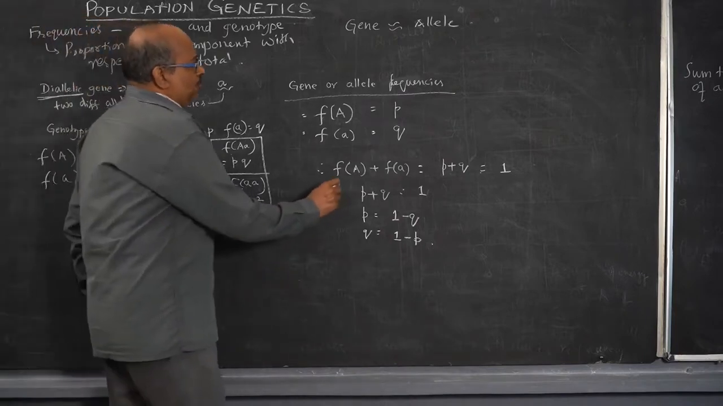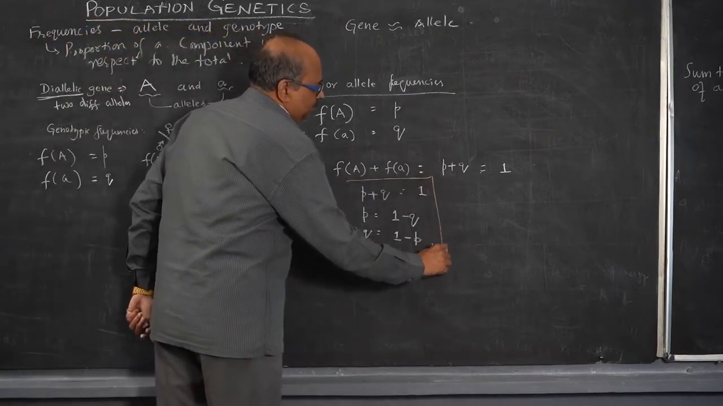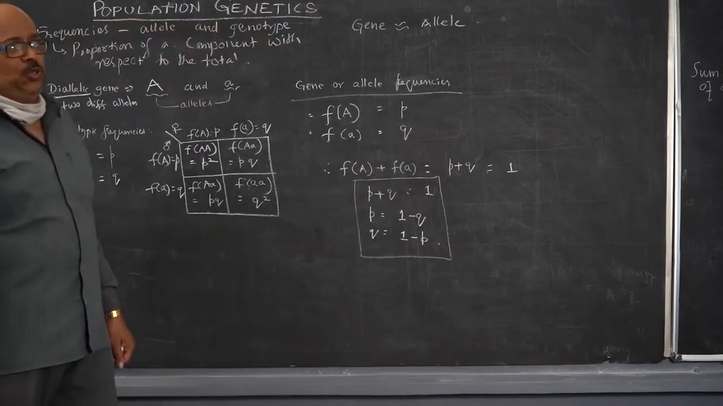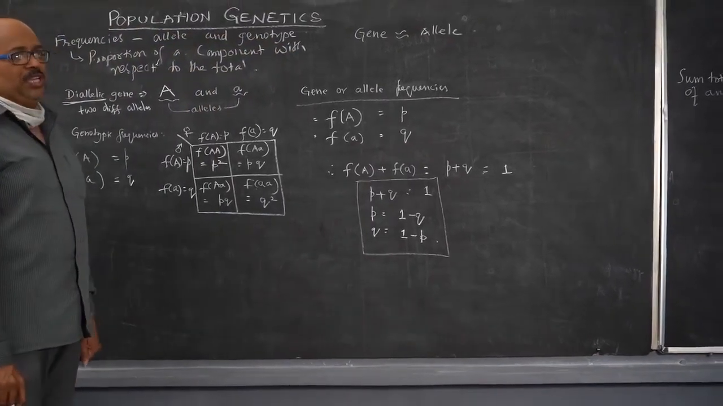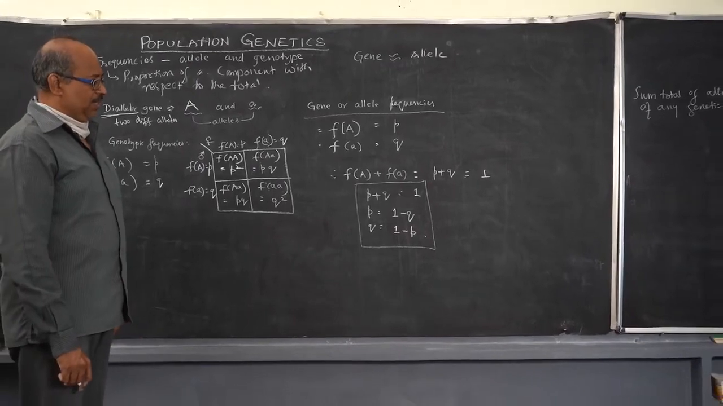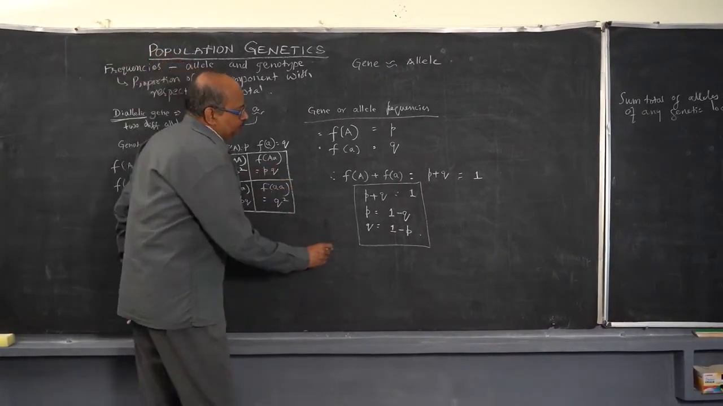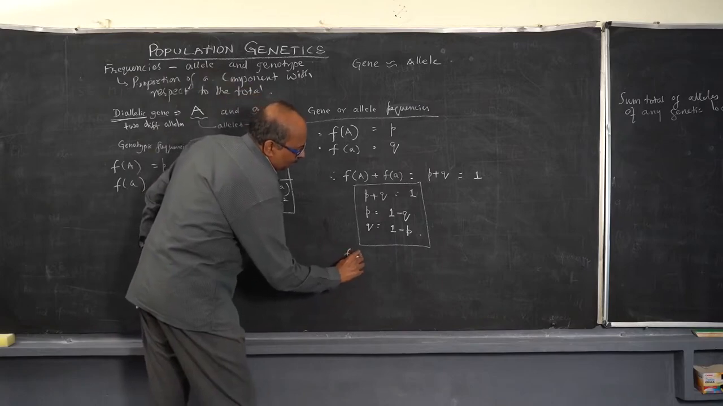So the sum total of the two alleles is 1. The frequency of P is 1 minus Q. The frequency of Q is 1 minus P. And this frequency ranges